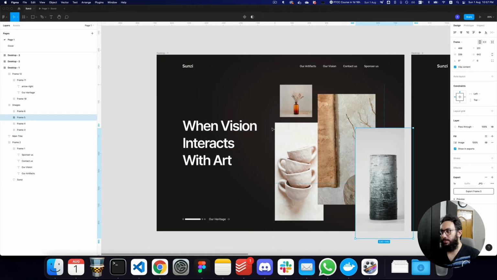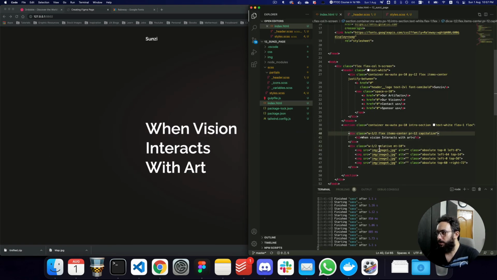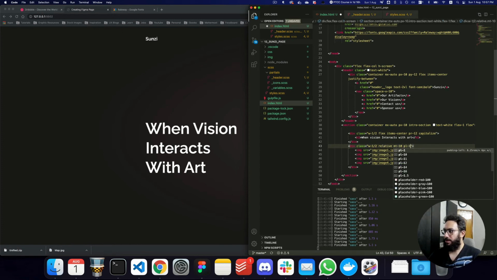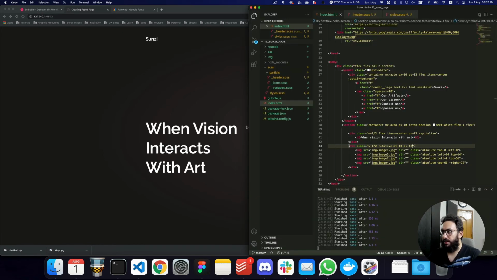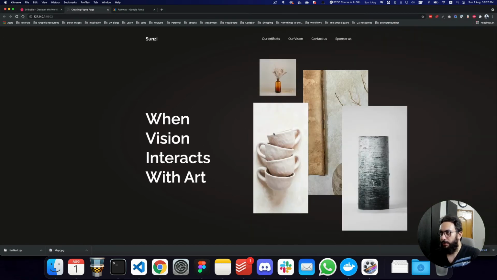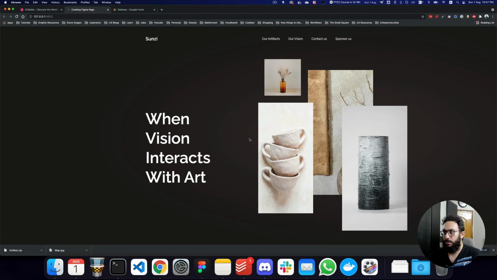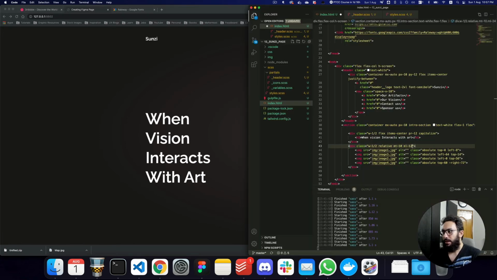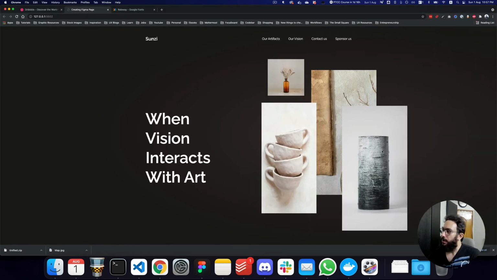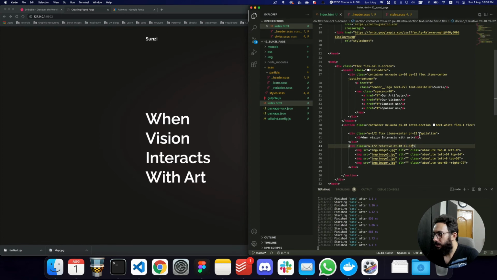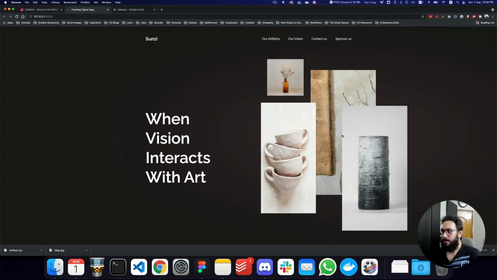Obviously, the spacing here needs to be slightly larger. So we can do that by saying PL minus 12, basically increasing the padding left here. But obviously the padding isn't going to work because when you're positioning items absolutely, they ignore the padding. So if we apply a margin, as you can see, that works, but now the margin is shifting this content as well. And if we increase the margin even more, it does cause some issues, which we don't really want. But if we make it 32, I think this probably looks fine. We can remove the PR minus 12 since we've actually increased